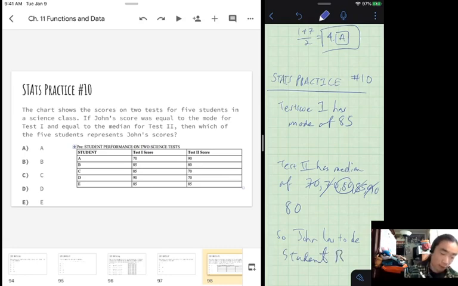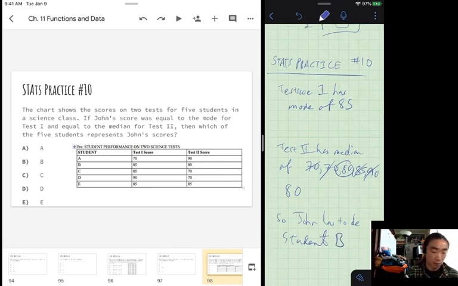Awesome. Got the same thing. Student B. Mode was a little bit easier. Don't forget the sort again. That seems to be the ongoing theme for medians. Okay, and then the mean, it's algebra,